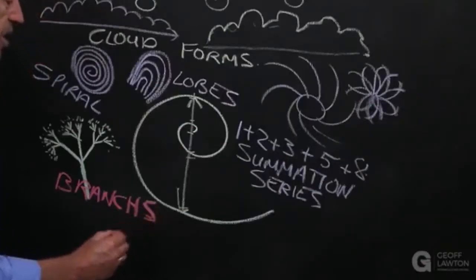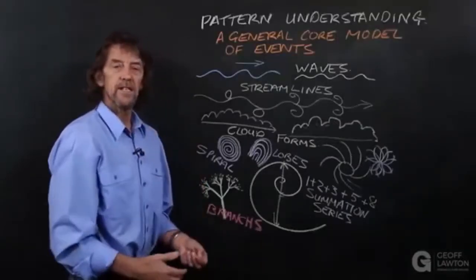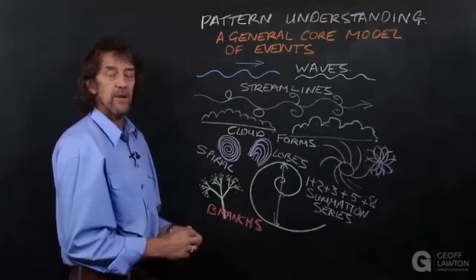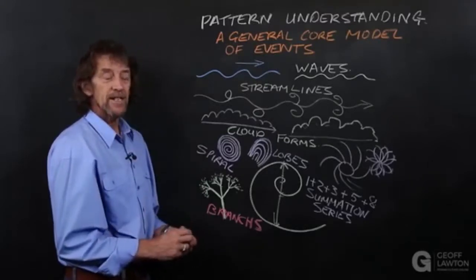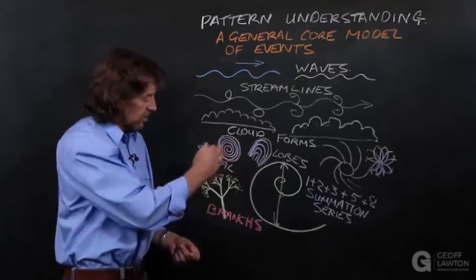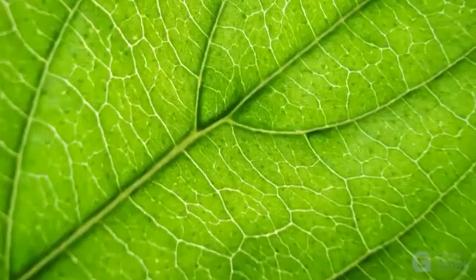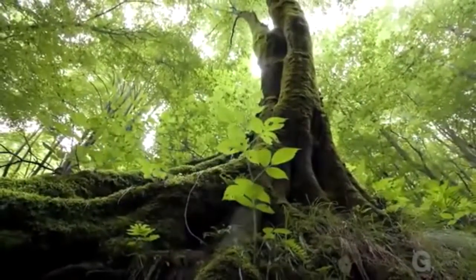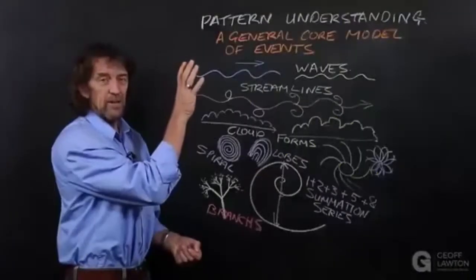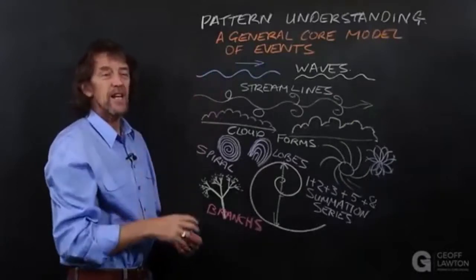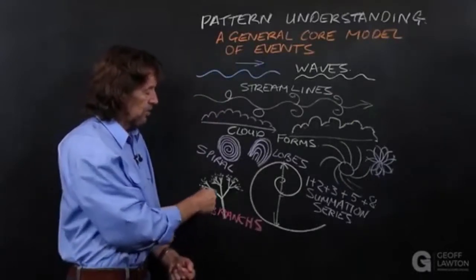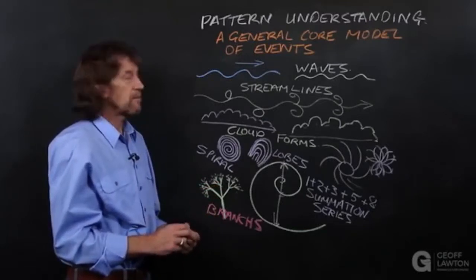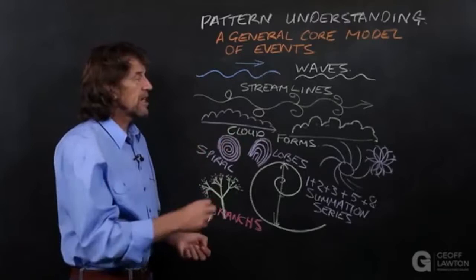Your vascular system is a branching pattern. Your lungs, if you cut a section through your lungs, it's a branching pattern. There are branching patterns everywhere, and they go right down from tiny sections of veins in leaves right out to giant trunks of trees, from tiny streams in headwaters right out to the largest rivers on earth. They're all branching patterns. So these are particular patterns that are repeated.